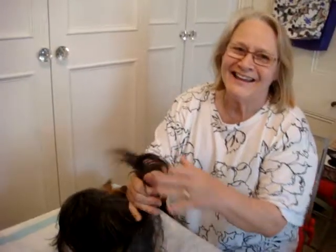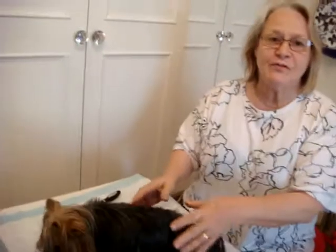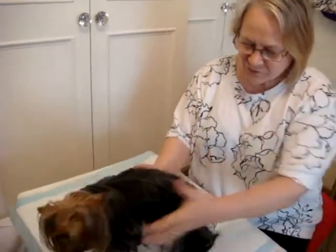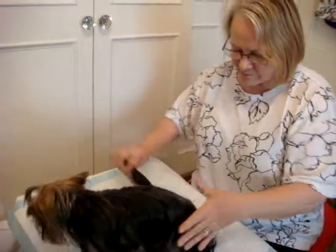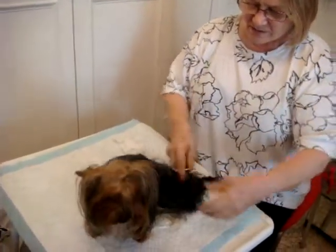Right. Hi, just doing a quick, this is my little Rufus. Say hello, Rufus. Hello. Hello. And just going to do a quick little trim on a few bits and pieces so that I can send it to you by email. Okay, honey? So first of all, I brush him, and you can tell his hair just brushes like butter, which